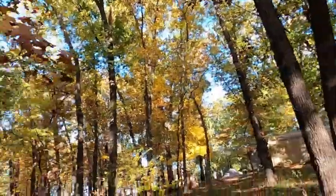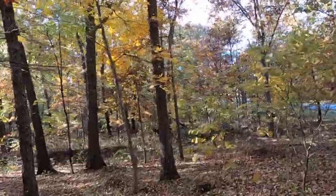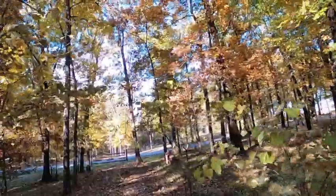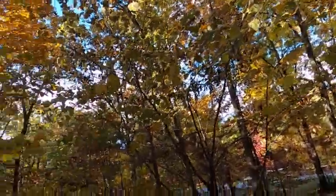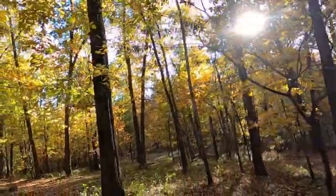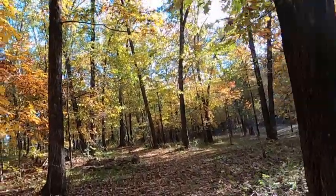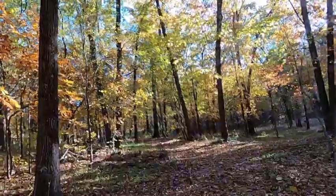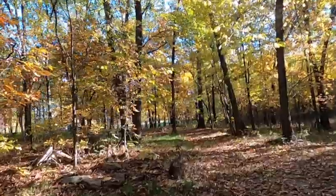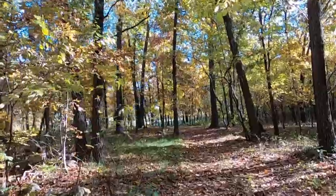Because it ain't just the Chamber of Commerce that wants to get out in the woods, because all too soon it's going to be gone. Only get a few days of this. We got rain moving in here in a couple of days, and I suspect, as always, that that'll bring most of these leaves down, because on hickories especially, sometimes on the oaks too, but red buds and the rest of them,